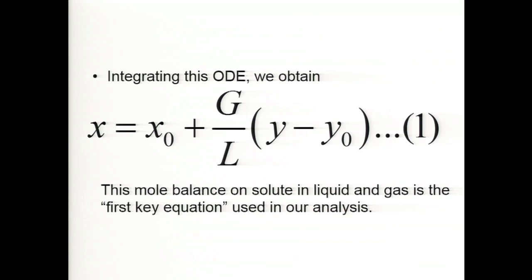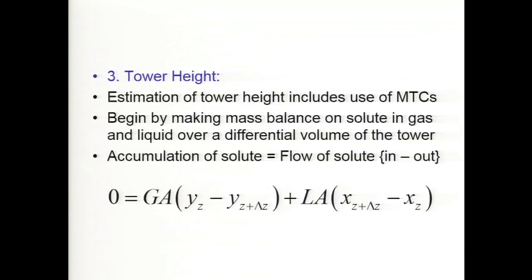So, can you guess what other mass balance we could make? Now, I will take you back. We made one mass balance on total solute in that height delta z, or volume A times delta z. Now, I am asking you a second question. Think of another mass balance you can make in the same section between z and z plus delta z. What would that be? It should not take more than 30 seconds. You could actually give me two answers and both will be correct. We need only one. Just suggest one more mass balance in the same section.